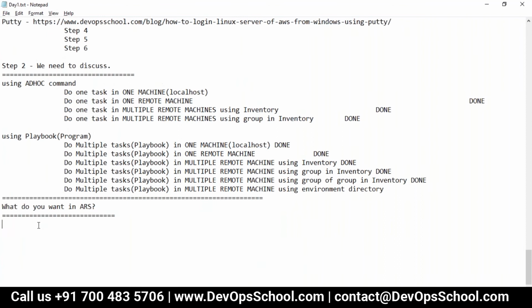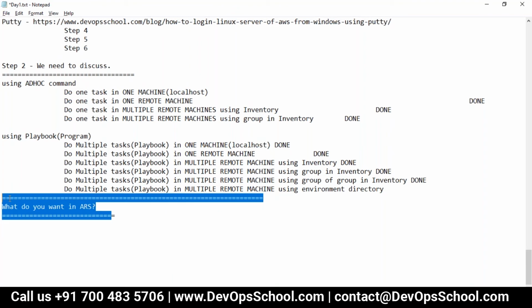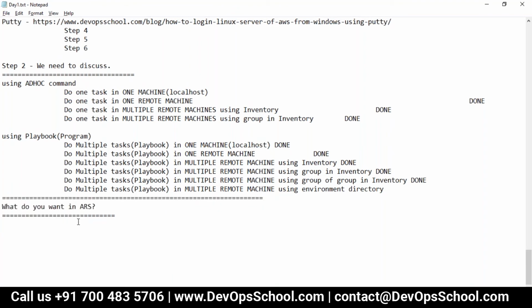Don't try to learn everything in Ansible, or any tool for that matter. Ask yourself, what do you want in Ansible? Project, aka assignment, aka requirement.